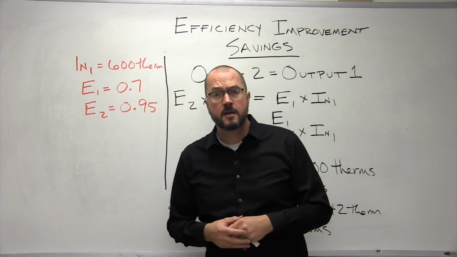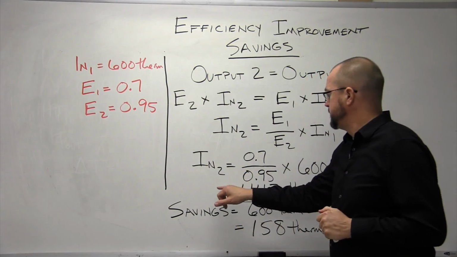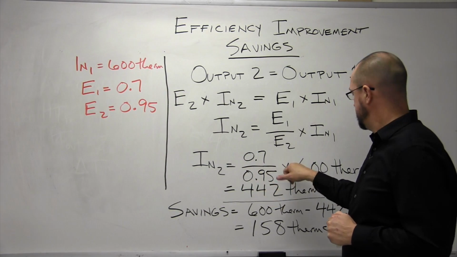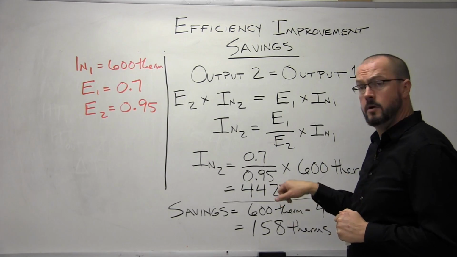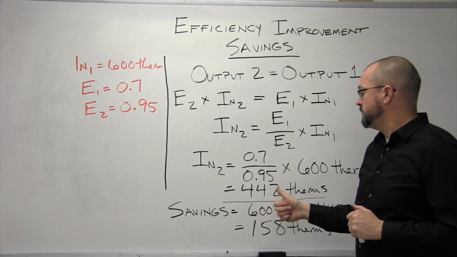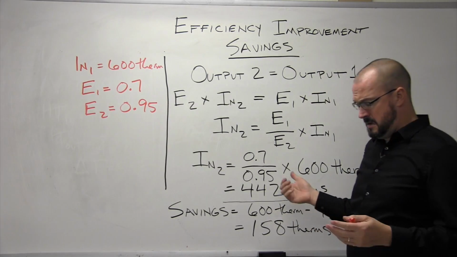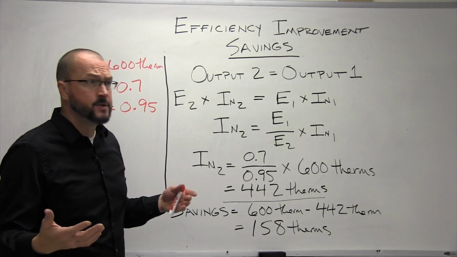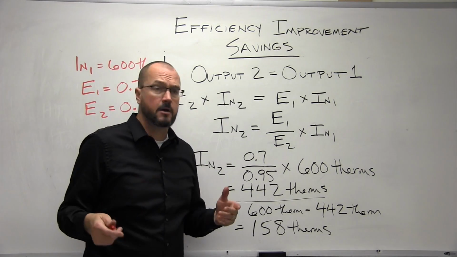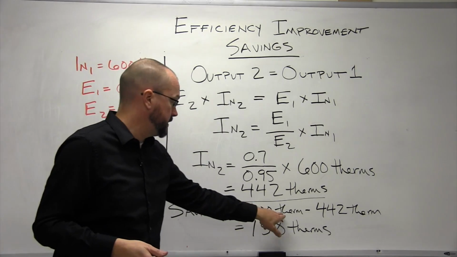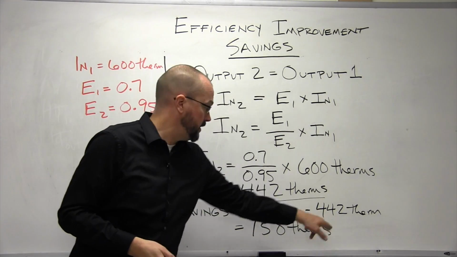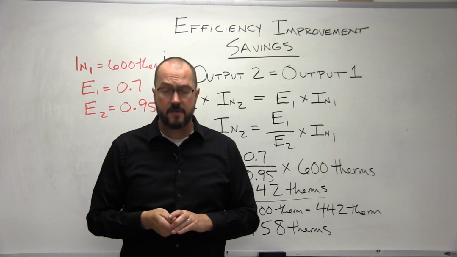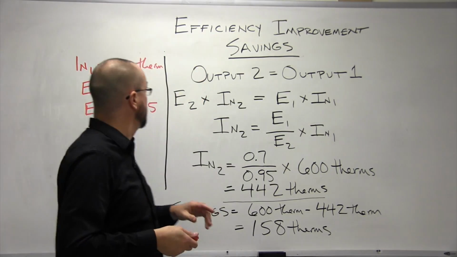So what we get then for the input into the new furnace is 0.7 divided by 0.95 times 600 therms. Punch that into the calculator, get 442 therms. Now that's the amount that you're going to pay for after you make the change. And to get the savings, you just take the amount that you had to pay for before, which was 600, minus the new input, to show that we estimate that you'll save 158 therms per year by replacing a 70